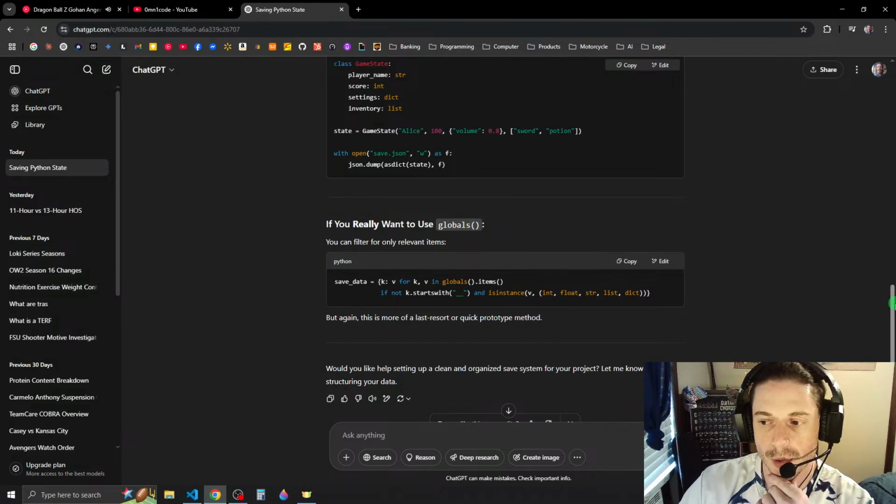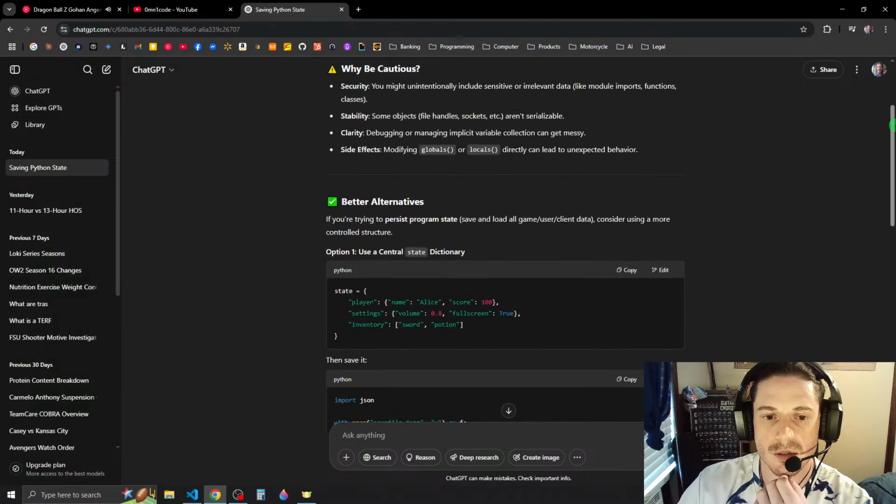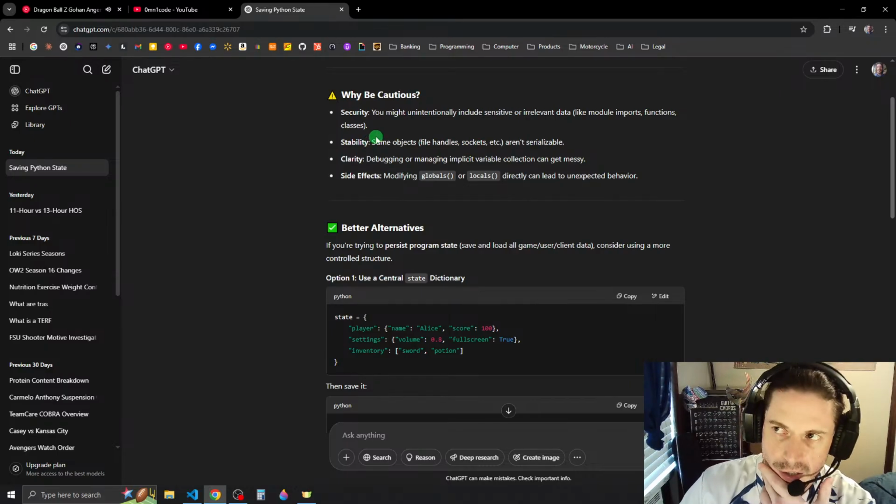But from what I'm understanding reading this, it isn't actually that stable and secure, because apparently some objects aren't serializable, and I know that to be the case, like Pygame objects, but I don't necessarily think we have Pygame objects.